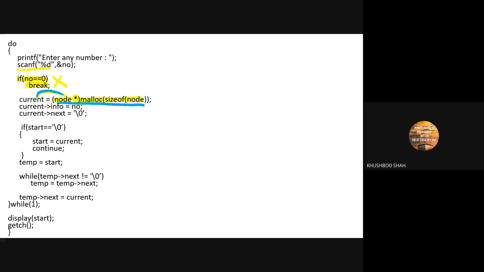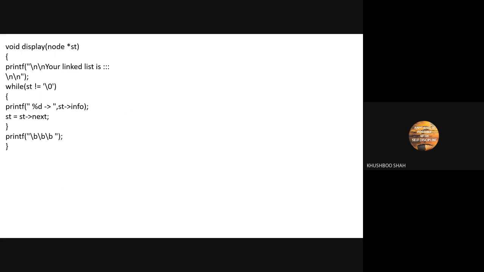Now, the next line says current info is equal to NO. What does it mean? When we assign NO to current info, the value of NO will be assigned into current's info.